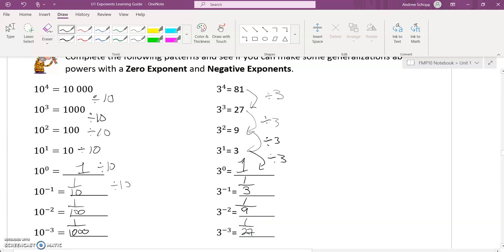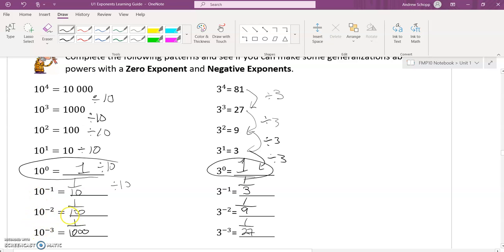So I don't know if anything is jumping out at you yet, but if we first look at the 0 exponents, we can see that they are both equal to 1. So it doesn't seem to matter what the base is. As long as the exponent is 0, our value for the power will come out as 1. If we look at the negative values,